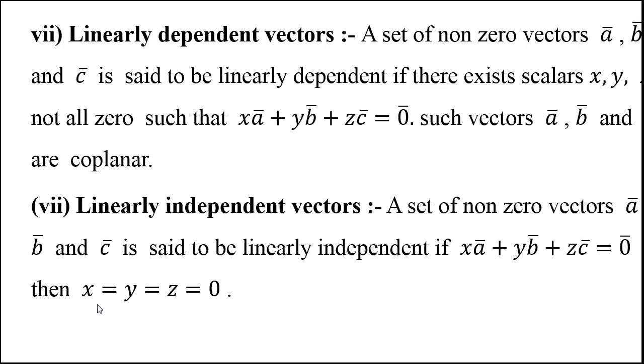That means non-zero scalars x, y, z do not exist which satisfy this equation. If we take any scalars x, y, z, and we have this equation, then each coefficient x, y, z must be 0. If such is the situation, then vectors a bar, b bar, c bar are said to